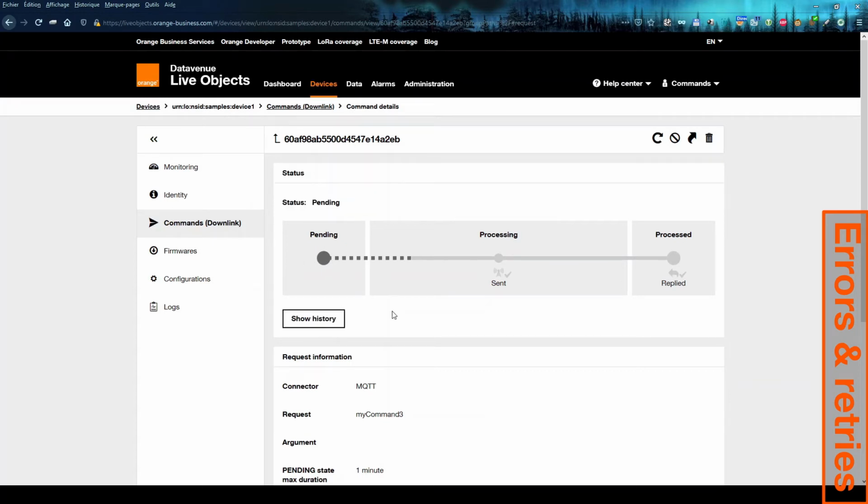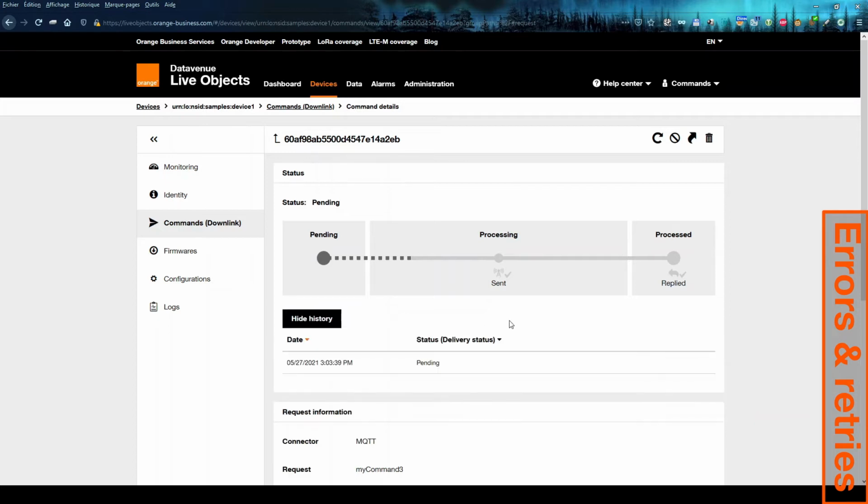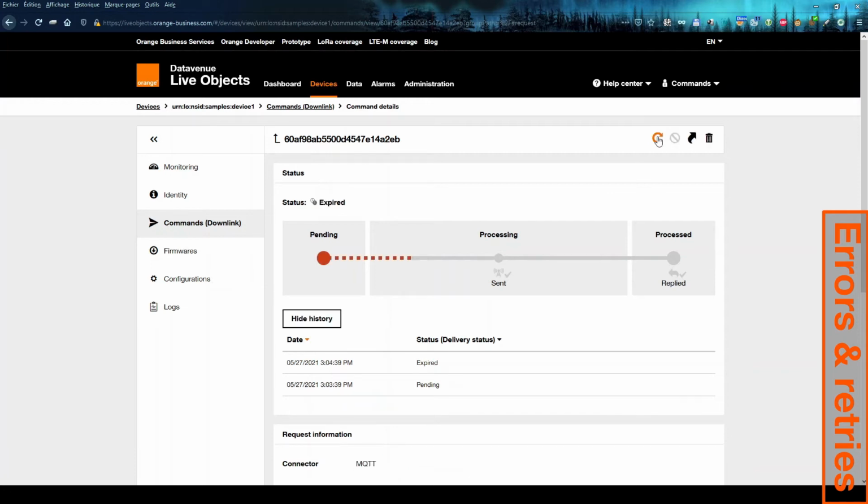LiveObject knows that the device is offline, so it cannot send the information. We'll show the history and we'll wait. Let's refresh. We have now the expired status. 1 minute has passed and LiveObject knows that it's no use trying to send this command. The device has not connected. Consider the retry has no use here. Retry is only when the device does not answer within the allowed time frame.